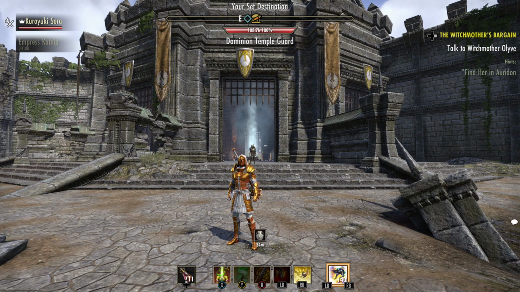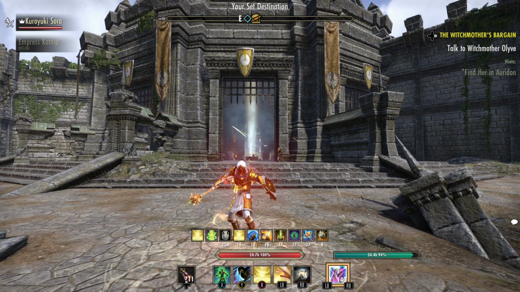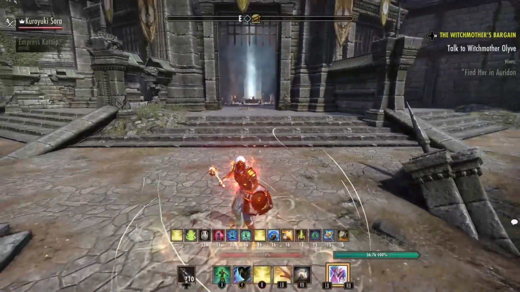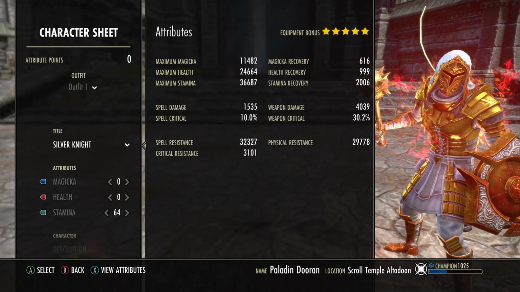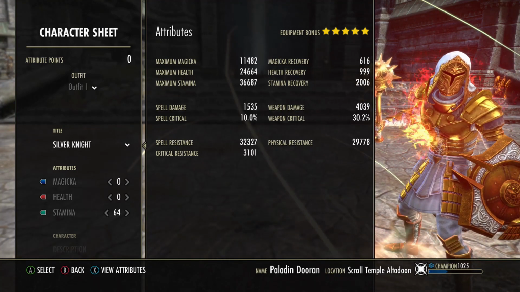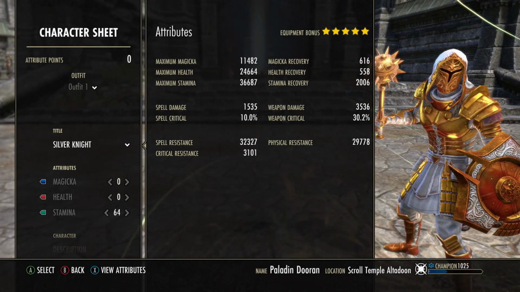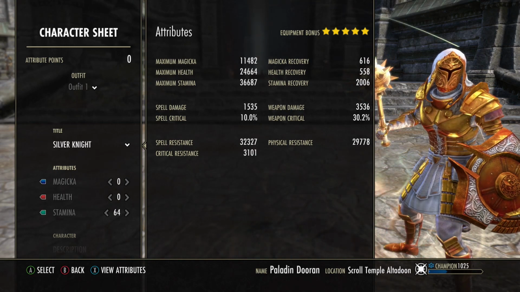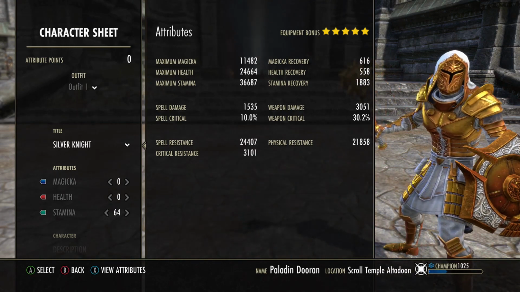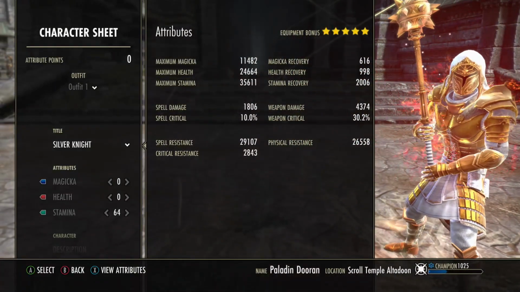Okay, we're going to go ahead and get started by taking a quick look at the stat sheet. Fully buffed, we'll go ahead and start on the back bar. Our resistances are at over 30k for each. Stamina recovery at 2k with pot up, 25k HP, about 37k max stam, 11.5k max mag, and weapon damage is humble but still enough to do what we need to do at